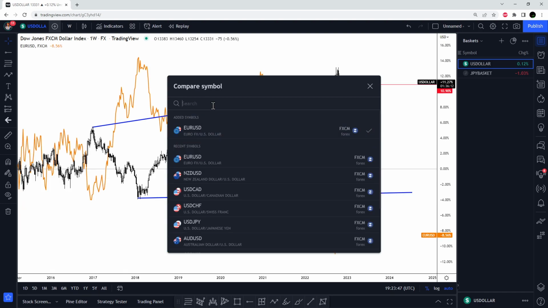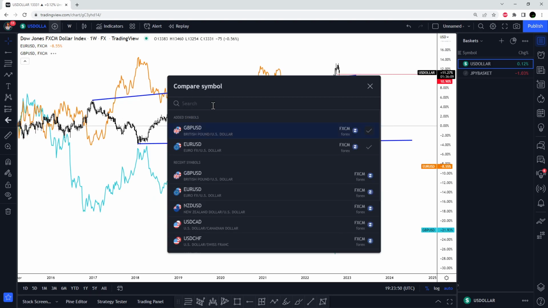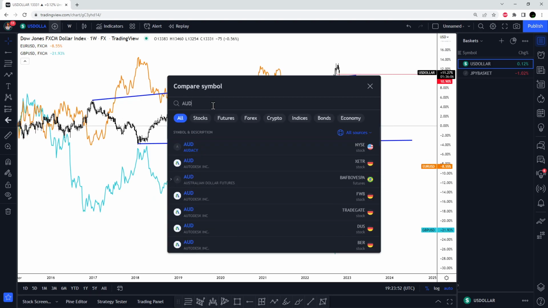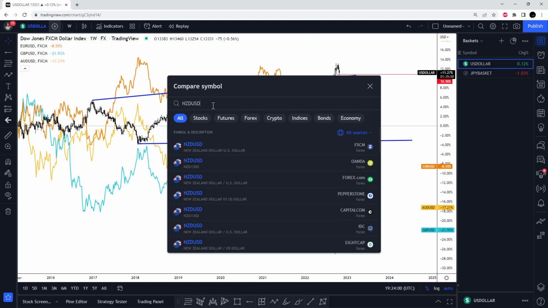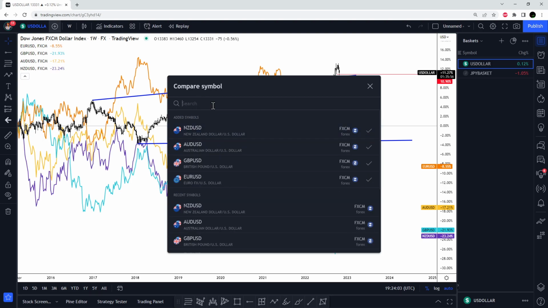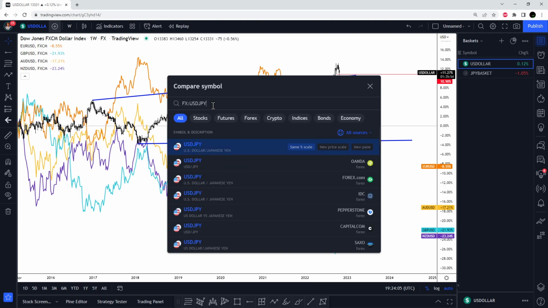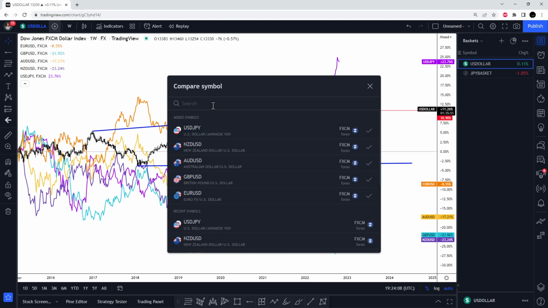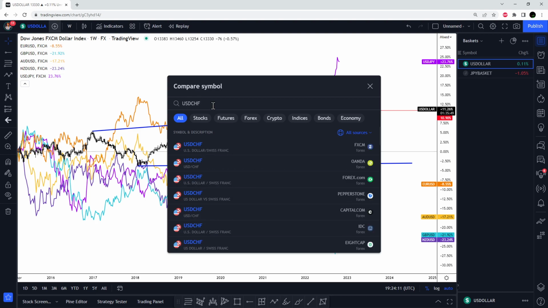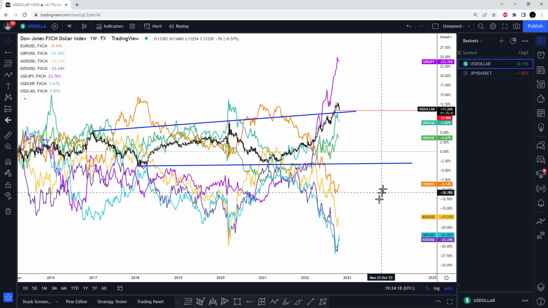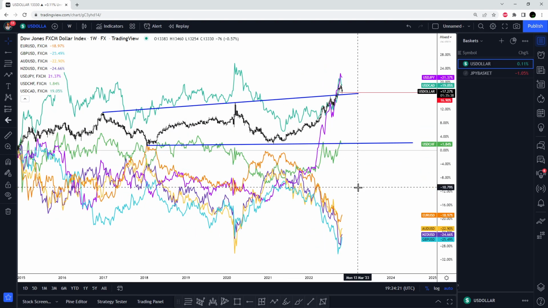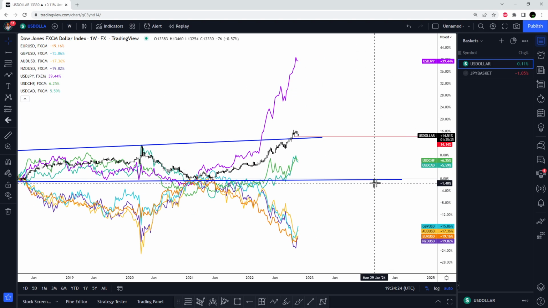So we'll put in Euro, we'll put in the Great Britain pound, we'll pull in the Australian. What else do we have? New Zealand. We have the yen. We have the CHF. And let's put in one last one. Let's say US Canadian. So what this does is it puts on a percentage